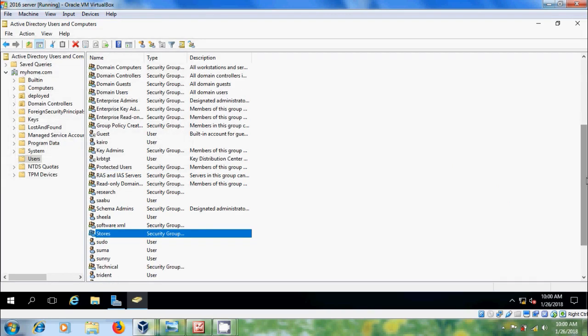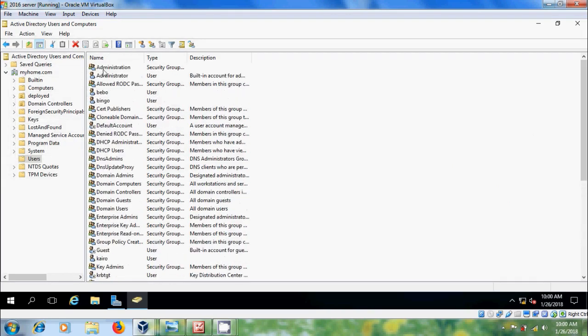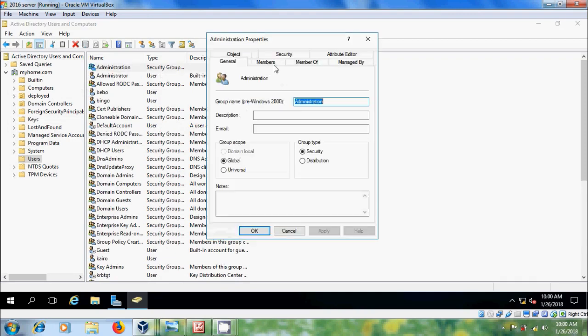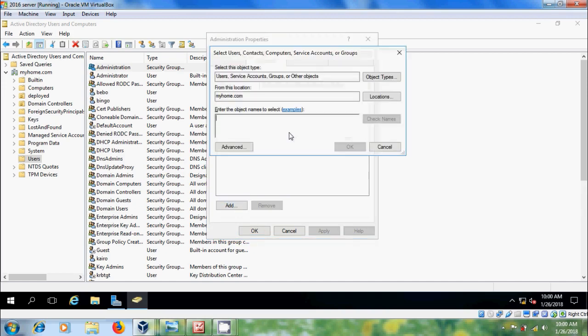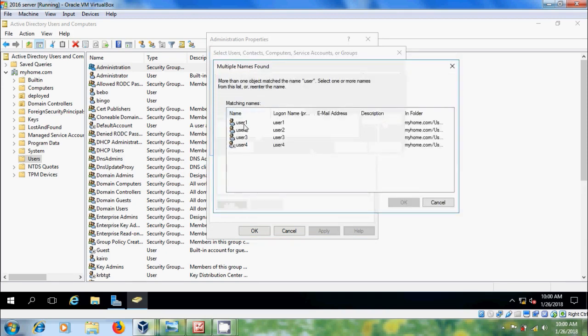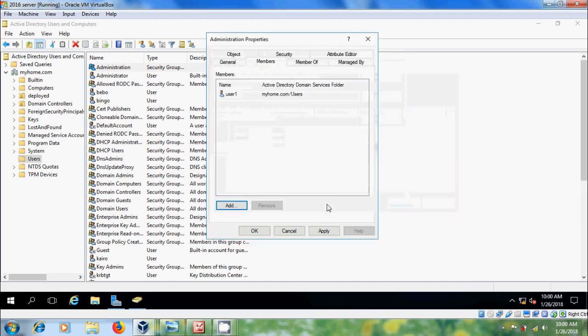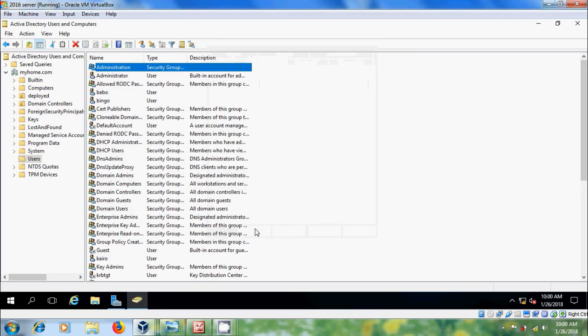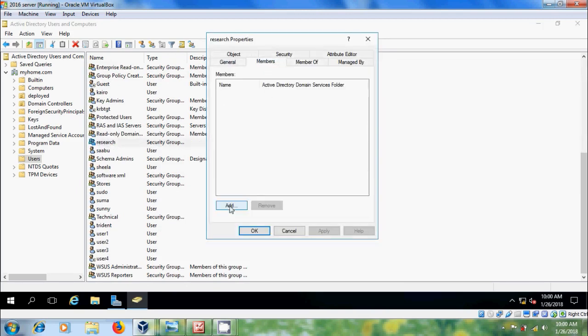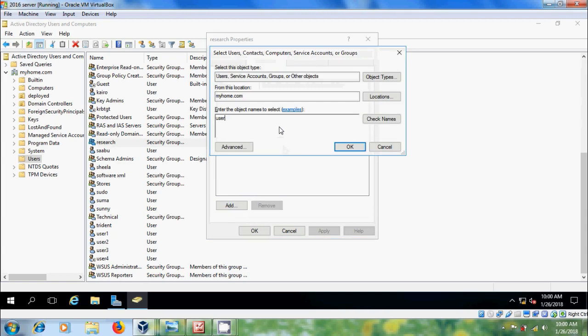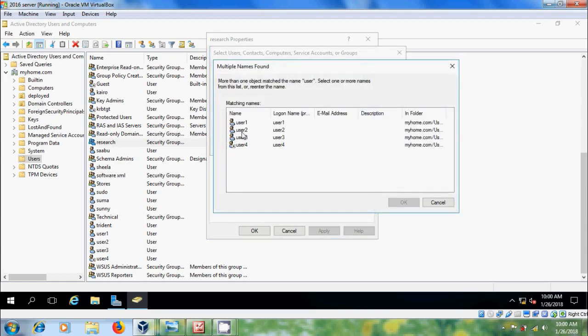After creating the groups, now I want to add the users to these groups. Double click on administration. Please come to members, click on add. Here please type user and check names. Here I want to add user 1 to the administration group, apply, OK, and come to the research group. Here I want to add user 2,